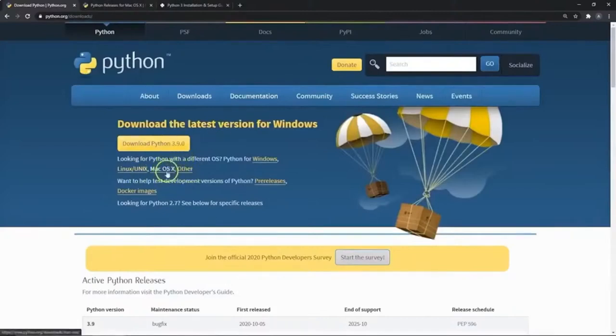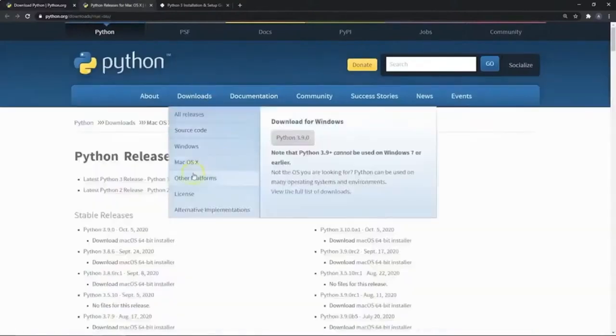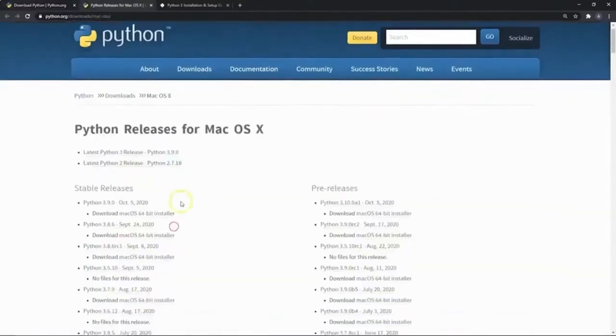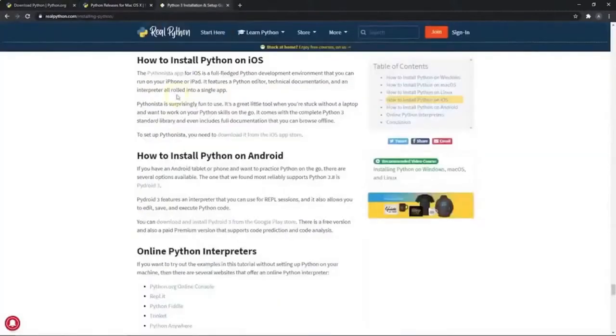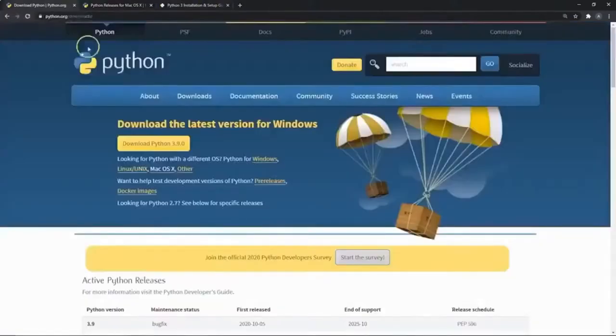But for Mac, if you wanted, you would just open this tab, and just like the Windows option, you would choose a version and you would choose an installer for that version. So if I wanted, say, Python, the latest one, I would just download this installer and I would install it on my Mac system. Now, when it comes to Linux, I cannot show you exactly how you would install it.